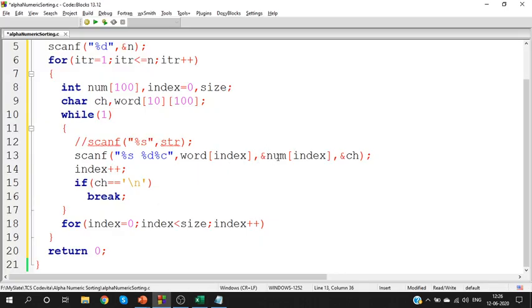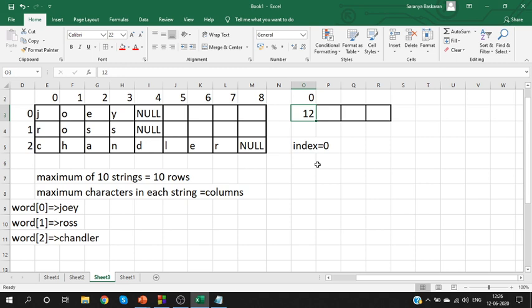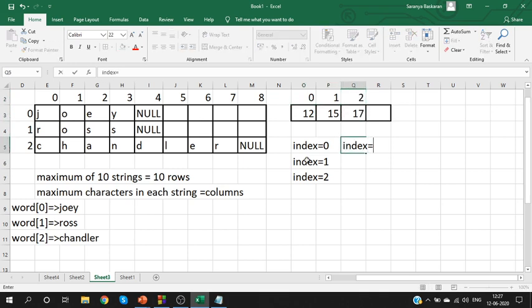After storing at an index, what happens? Index plus plus, so the index value changes to 1. Now I'll store at the first index and index changes to 2. Store and increment, right? Now you'll store in the second index and it changes to 3. Then you'll store in the third index and index changes to 4. Do we have any more indexes available?